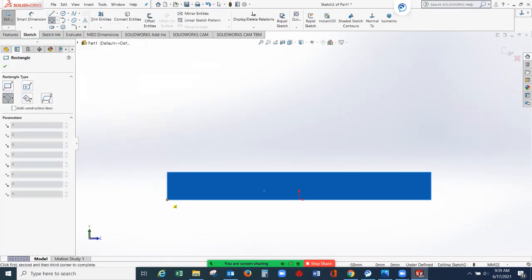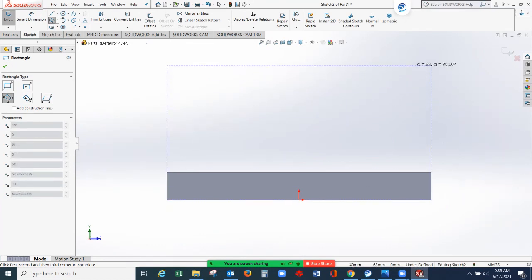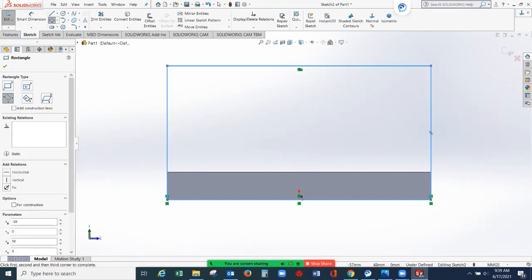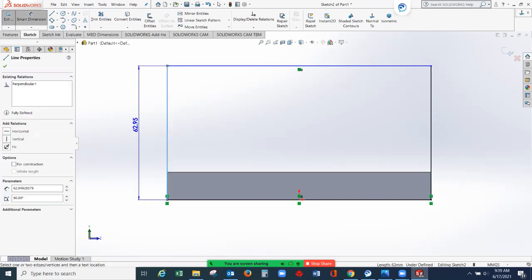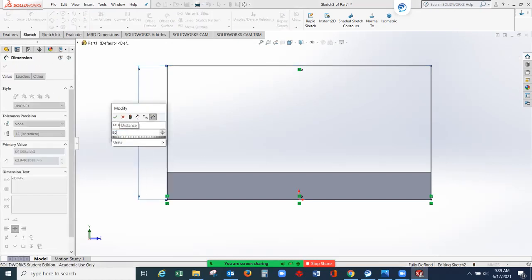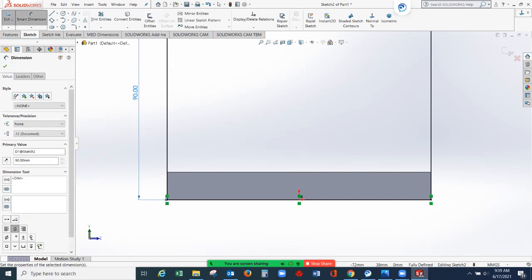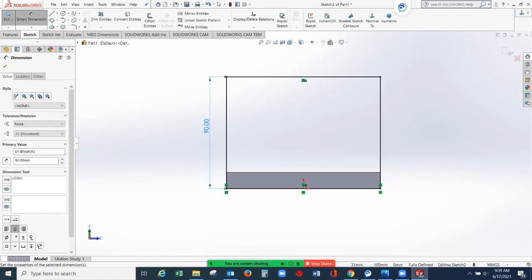This is my first corner, second corner at the end, and here. So I have my rectangle here. I can give the dimension at the height of 90. So instead of 80, I will use 90 millimeters height. Okay, so select the green check mark.